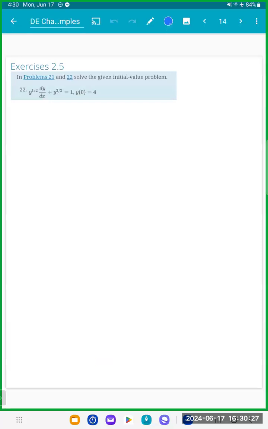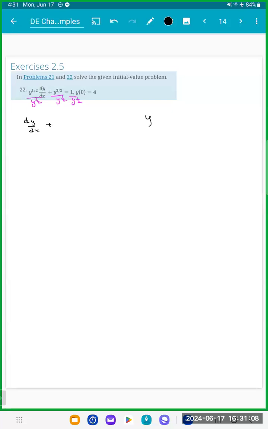Okay. Next problem, section 2.5, number 22. We're asked to solve the given initial value problem again. So we want to divide both sides by y to the 1/2. We really want to just get everything, because we're trying to get the dy dx by itself. So if we divide by y to the 1/2, we have to divide all terms by that. When we do that, that gives us dy dx plus,